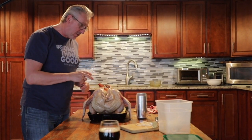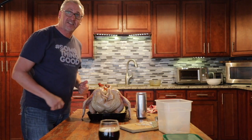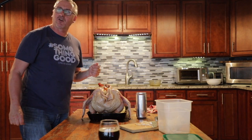I'm going to go start the barbecue up, and we'll get that beer can tucked inside of this bird, the beer in the rear, and we'll get this thing on the grill and start cooking. It's 1:30, and so I think by 4 o'clock we'll be eating today. So